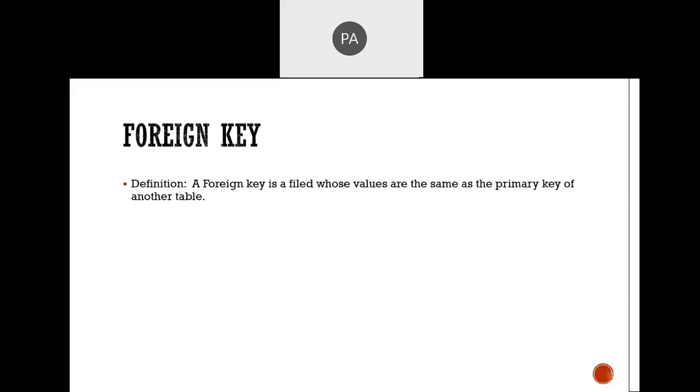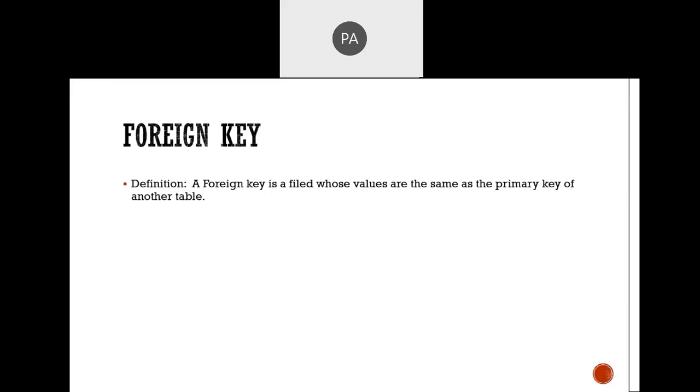Repeated columns should not be there, to avoid duplicate data. So for that, the foreign key concept is used. Once we declare a primary key in one table, we use that primary key as a foreign key in another table.